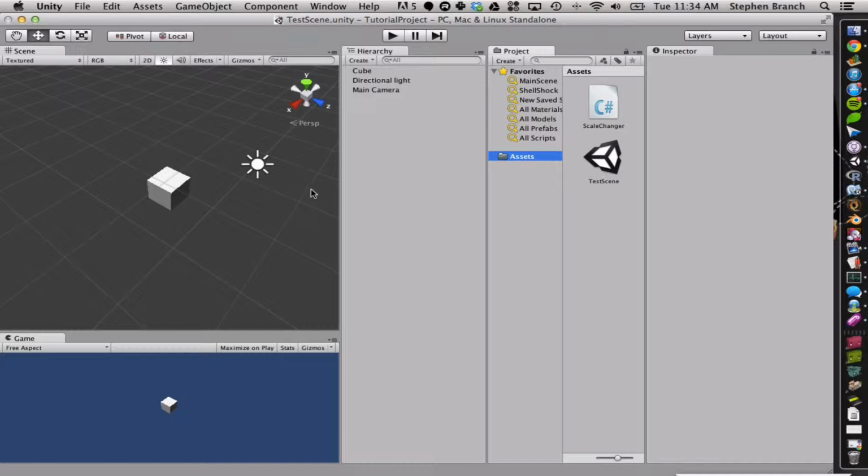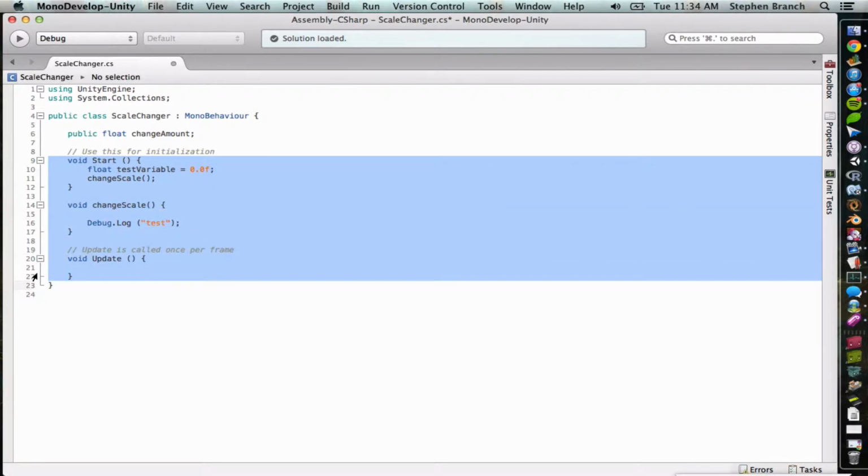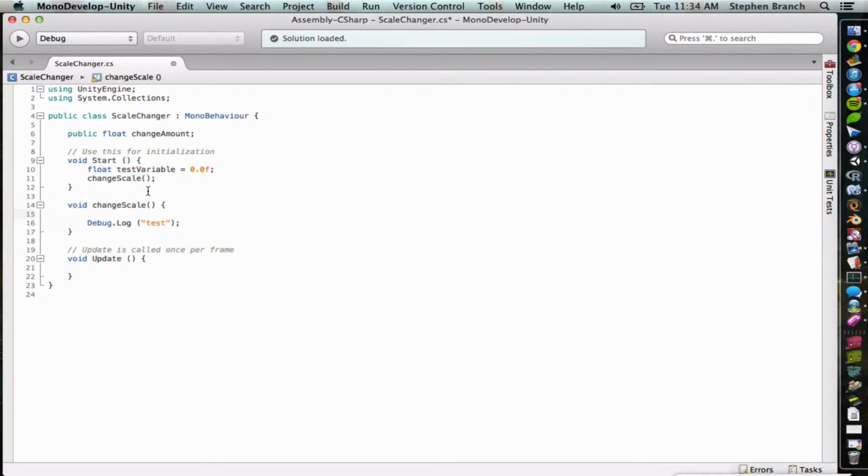So if you just go ahead and switch over to your script again, you remember this class inherits from MonoBehaviour. When that happens, we get these built-in functions, the Start and Update functions. But we also get several variables that represent key elements of the Unity engine. So